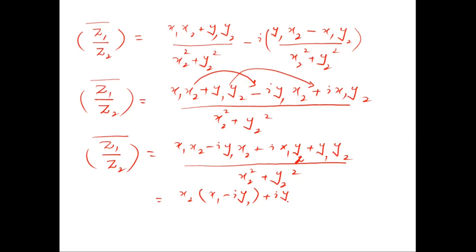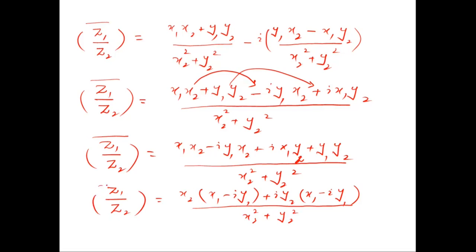Taking iota y2 common, x1 minus iota y1 dividing it by x2 square plus y2 square, z1 dividing it by z2 whole conjugate equals